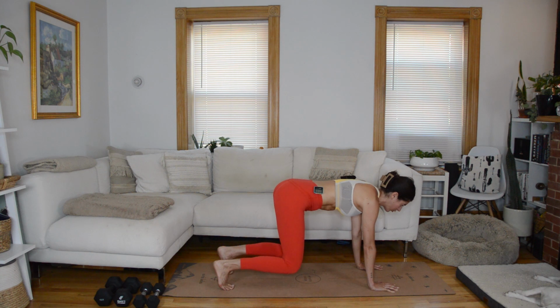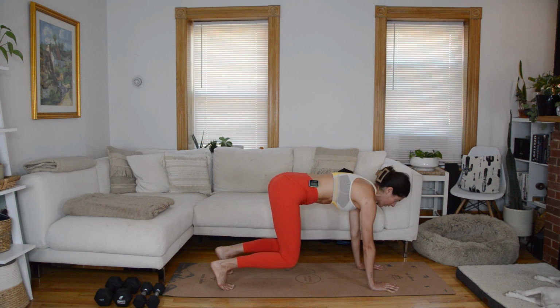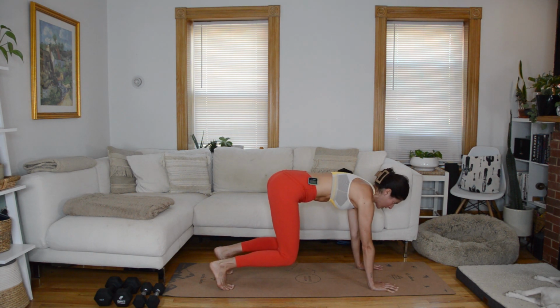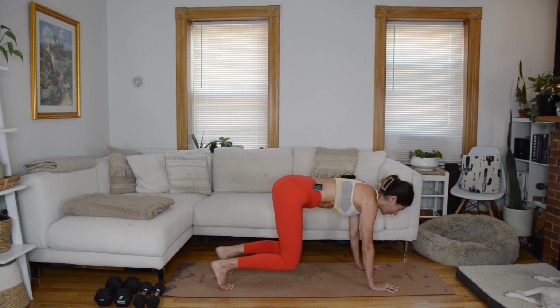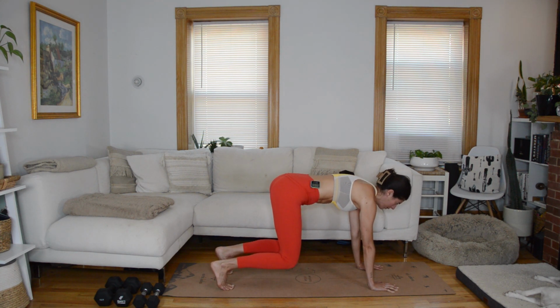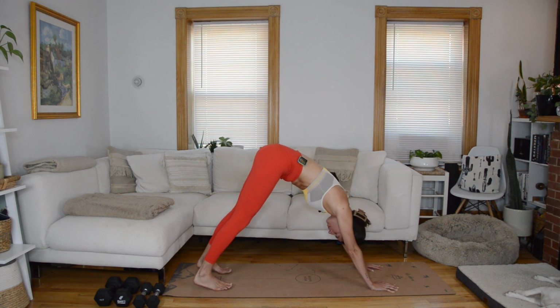From here, I want you to start to retract and protract the scapula. So it's a small movement. We're gliding the shoulder blades across our back, pushing the floor away as they protract and separate from each other, and then retracting, letting them glide in towards each other. Give me 3 more. Your arms are staying straight. 2 more. Last time. And then from here, you're going to lift the hips up, pressing your heels to the